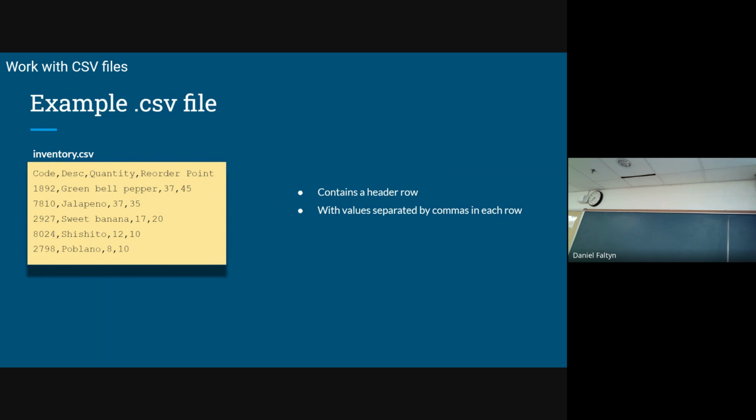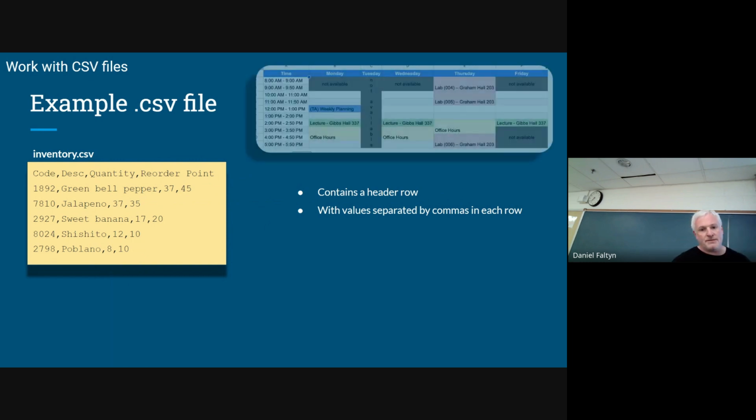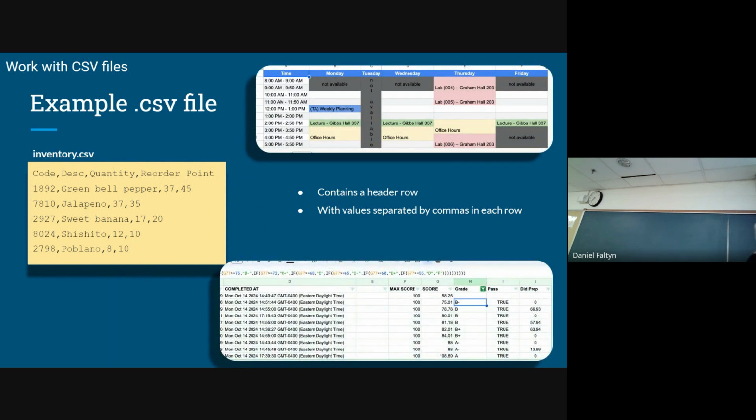So CSVs, comma separated values, generally look like this, and you see this all the time in pretty much any computer system. It's human readable, it's in English, but it's meant to be a grid, right? What has made this so super powerful is Excel, spreadsheets, Google Sheets, whatever you want to call it.